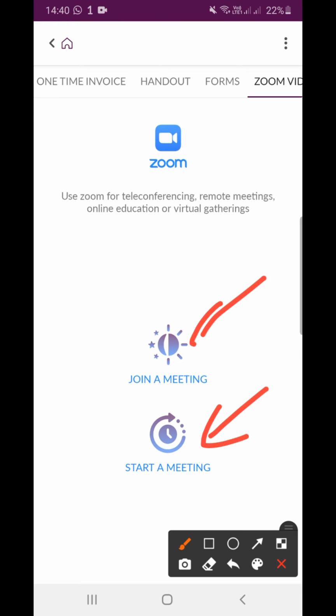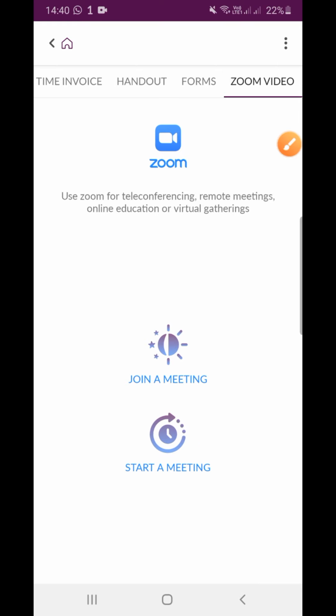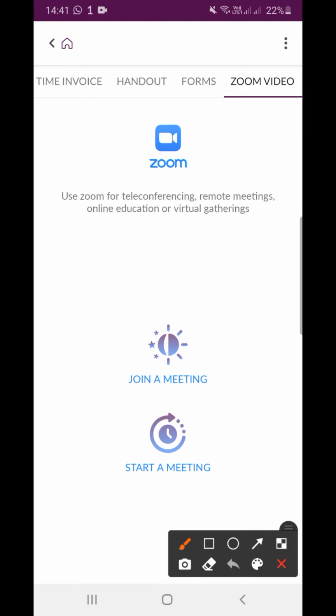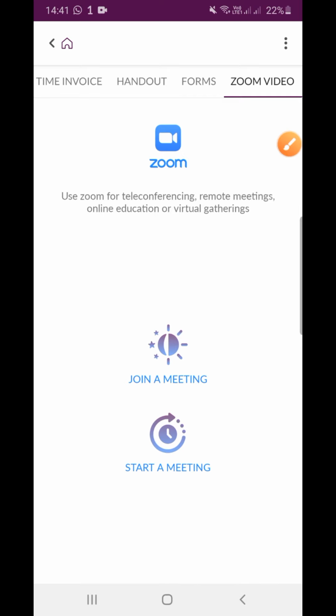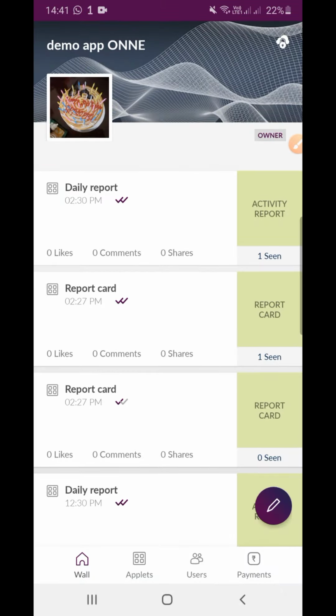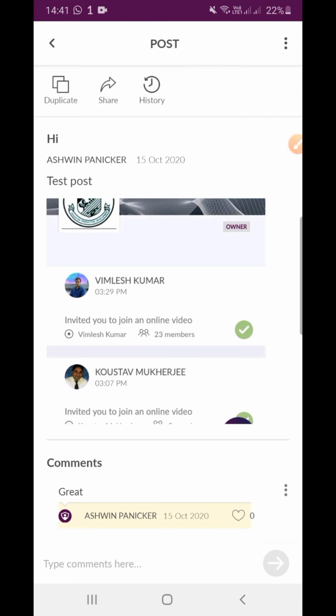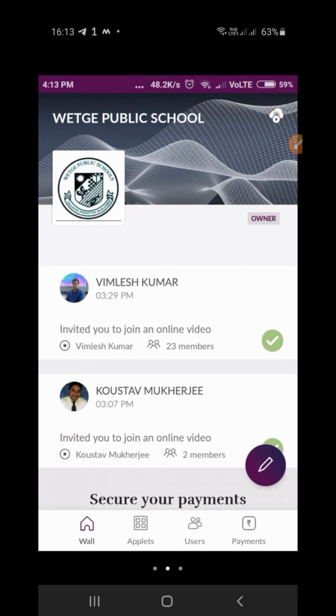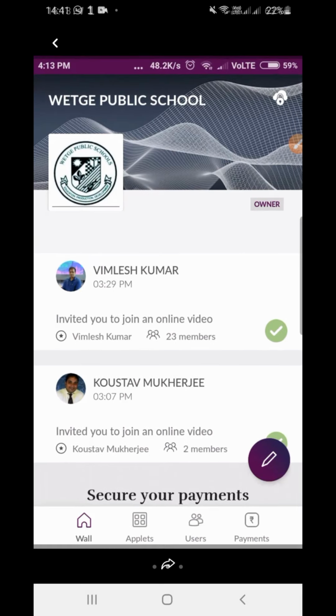So click on Start a Meeting, and once you click on Start a Meeting, all the groups you have created in your app will be listed. Click on Start a Meeting, click on Invite and select your participants. You can select a group or an individual, and an invitation goes out to them and they will be able to connect to your app and you can start having live classes. If you create a video conference call using the app, teachers can concurrently take classes for their students, and this is how the invitation goes out to them.